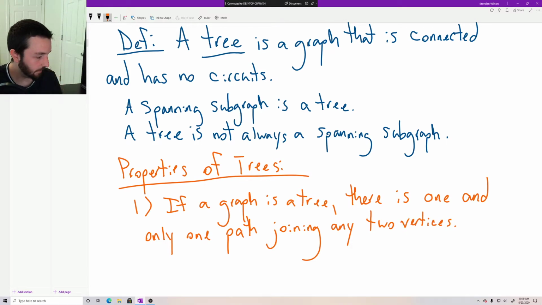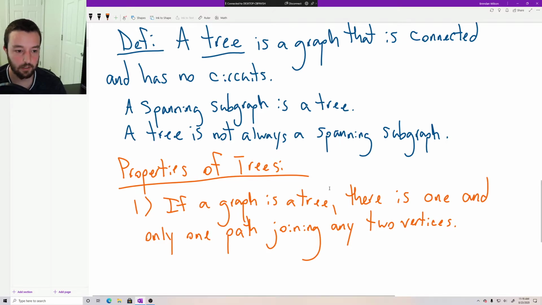Okay. If a graph is a tree, then there is one and only one path joining any two vertices. So in other words,